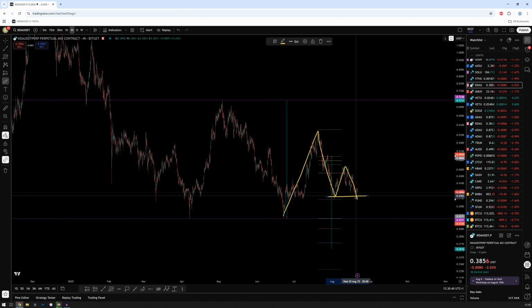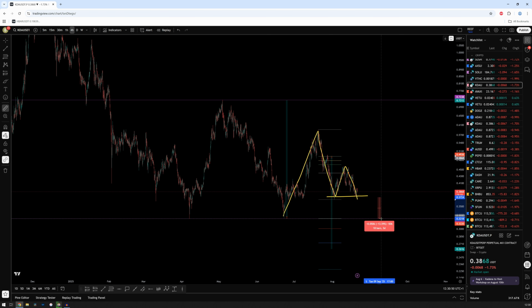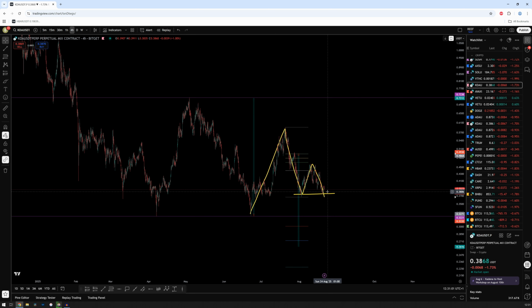I could jump out of my current long and re-enter at this point here, but I think, let's see, how many percentage points is that? It's a 13% drop from this entry here. I think I'm just going to leave my long entry standing from here and wait for this larger ABC,